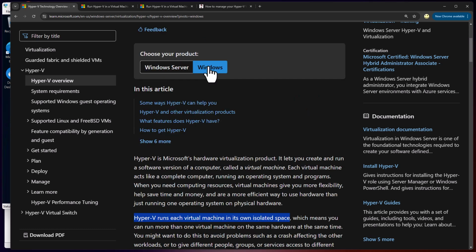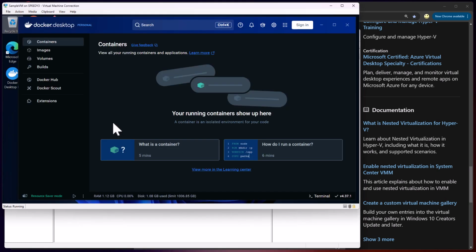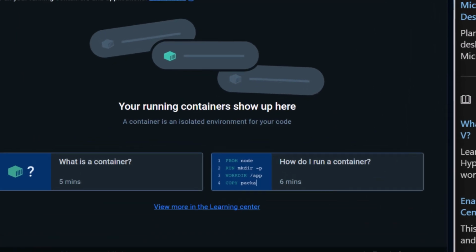Let's go ahead and take a look now at my configuration briefly. Here we have the Hyper-V manager. I have one machine called Speedy3 that has been configured and it is up and running. And I can go ahead and show that now. And here is the sample VM on Speedy3. So it is my nested virtual machine inside of my host machine. And I actually have Docker running on here. And also,